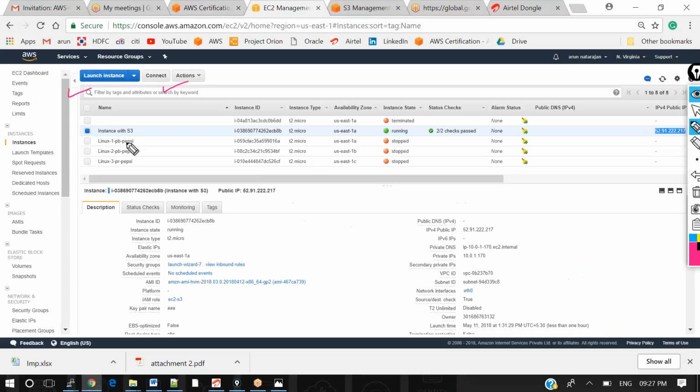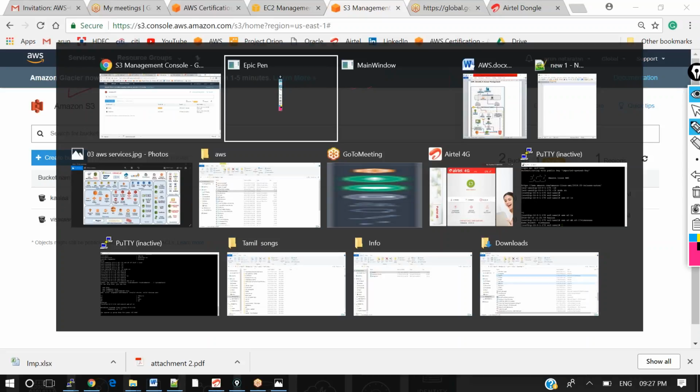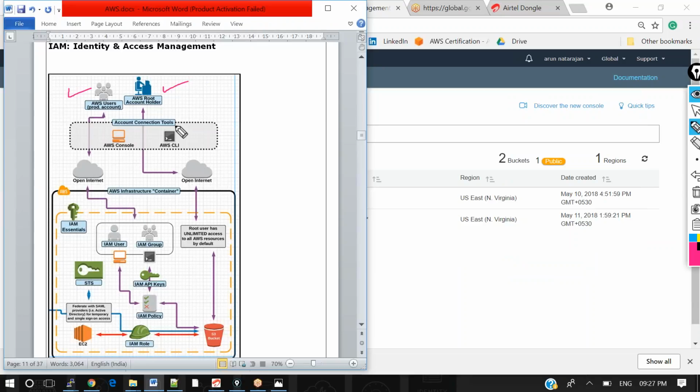This is the AWS console. Either you will be logging in through the console or through the CLI, mainly by using the internet.